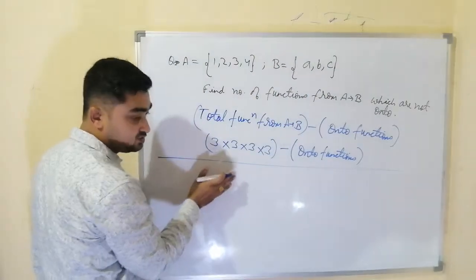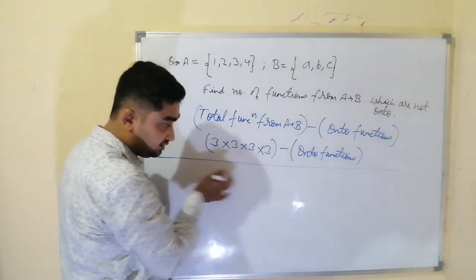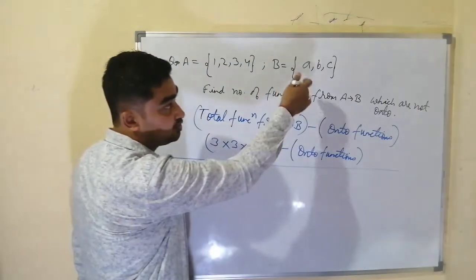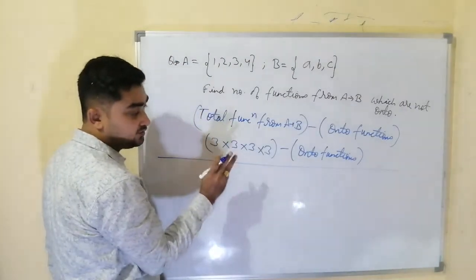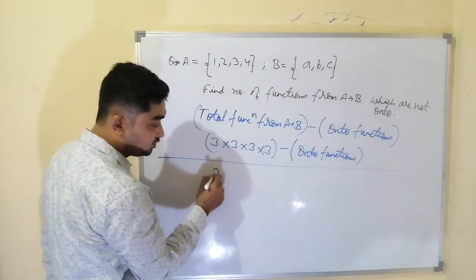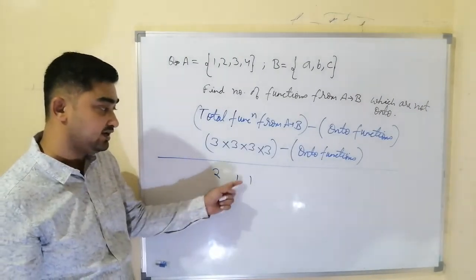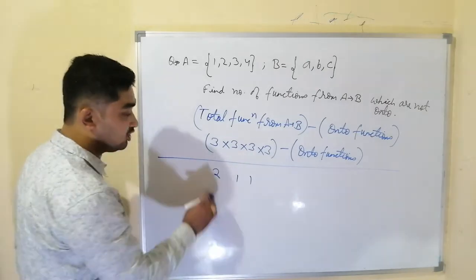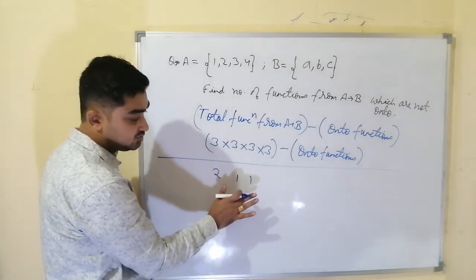How can we do this? First we will arrange it, and then we will distribute it to 1, 2 and 3. How to arrange it? 4 things we have to divide into 3 groups. We can do it as 2, 1, 1. To one we can give 2, and to the other two we can give 1 each. There is no other way. 2, 1, 1 is the only possibility.